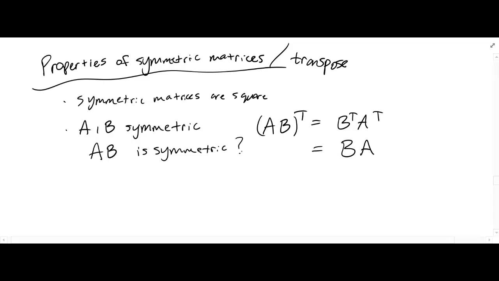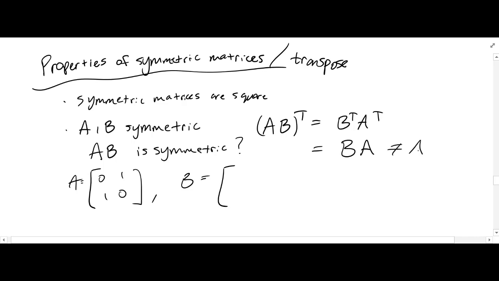Okay, so can we find two matrices that are symmetric whose product is not symmetric? Let's try that. So let's think like this. That's going to swap the rows. So I might as well just do that. And B is, let's say B is